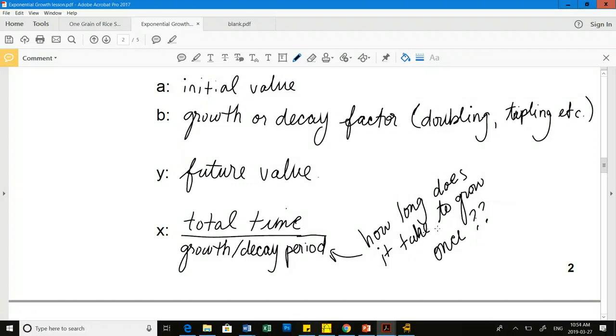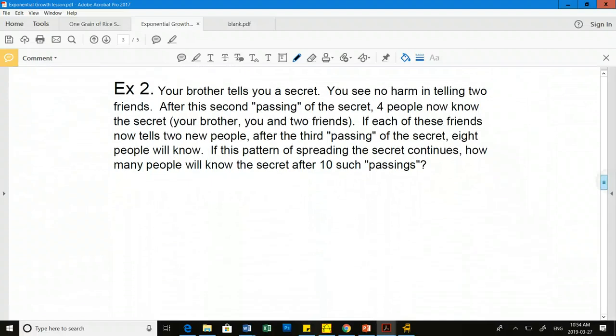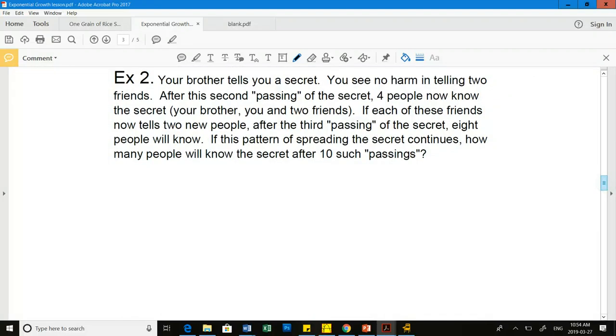And then we were looking at a variety of time periods, right? After 30 days, after 15 days. Okay, so the elements of time in your question, those will go into your x value, and then you have to calculate from there. Okay, so we're going to do a couple examples today just to get an idea of different applications that we